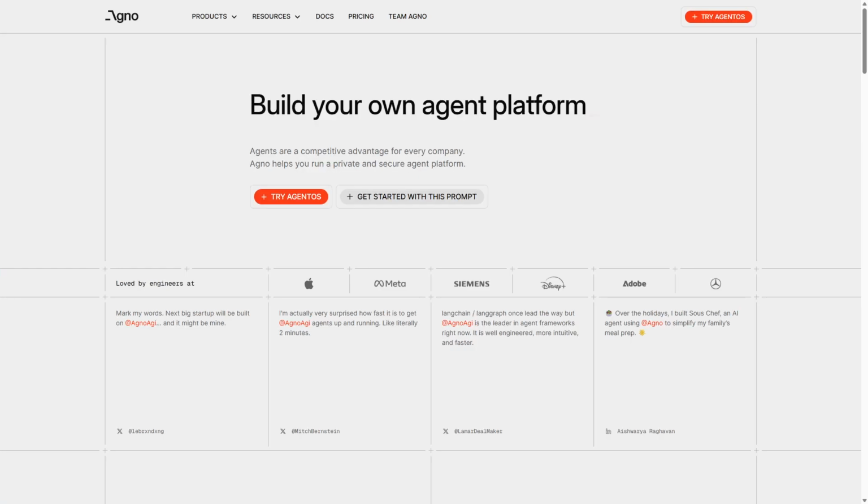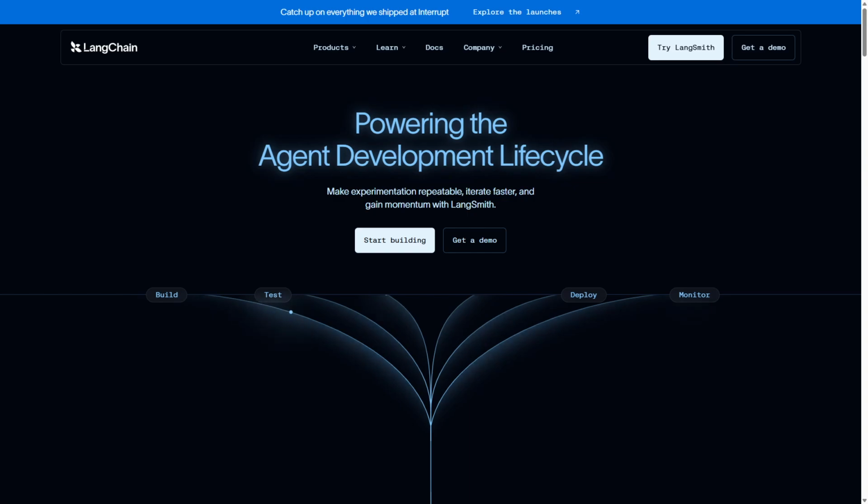Choose Agno if you want fast, no-code AI orchestration with easy integration across services, especially for prototyping or automating multi-step AI workflows. Opt for LangChain if you need full control over language model workflows and data integration and have the development resources to build scalable, customized AI applications. Both frameworks excel in different scenarios, so align your choice with your project goals and team skills.